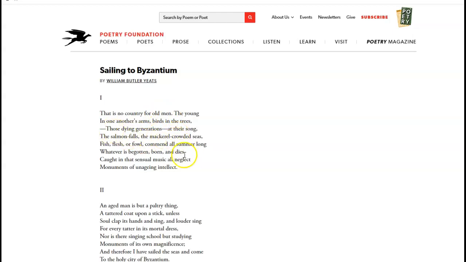The dying generations, they commend, they appreciate whatever is born and dies, but we have to look at who's caught in that sensual music. Who's caught in the sensual music? Probably the young, because they're in one another's arms. There are birds, everything's around them, but the dying